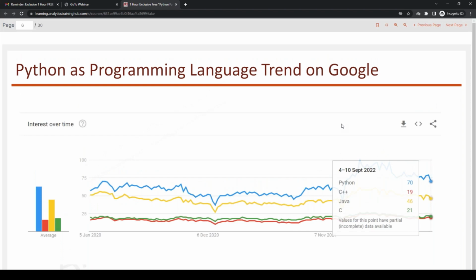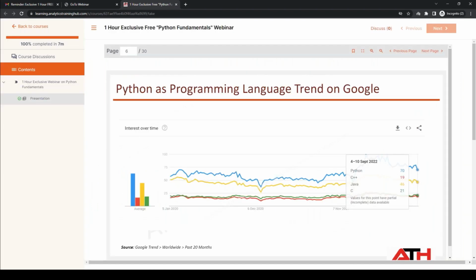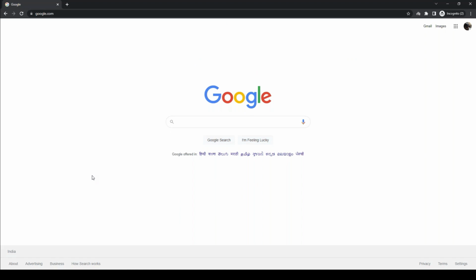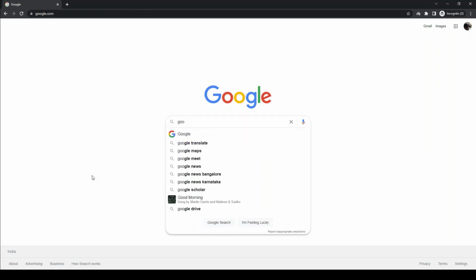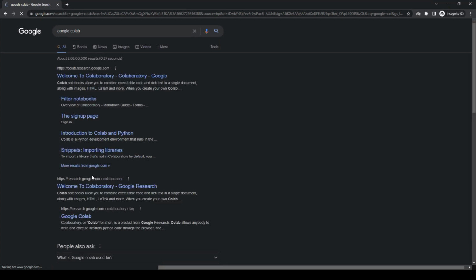Before getting into Python, what I would like to show you guys is how to set up the environment. We would not want to get into a conversation whether we'll be taking Python 2, Python 3, or anything like that, or installing Python for that matter, because we would not want to invest time there. So what you can do is, there's a cloud platform known as Google Colab, that is Google Collaboratory. You just go to your Google search and look for Google Colab. As soon as you search for it, it will say welcome to Collaboratory. Just click on that,